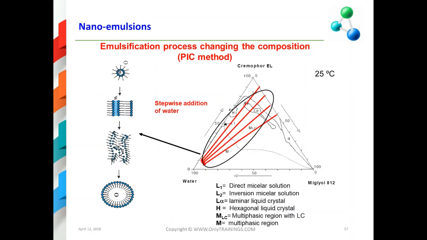So in this case, the mechanism of formation of the nanoemulsion is explained by the phase behavior of the system. We can see that we start from a water in oil microemulsion. We pass by a small region of lamellar liquid crystal, the L-alpha region. Then we pass by a multiphasic system that includes microemulsions, bicontinuous microemulsions. And finally, we arrive in a multiphasic region, but this multiphasic region by dilution is an oil in water dispersion. And in this case, the particle size is very small, as we have seen that the samples are very transparent.